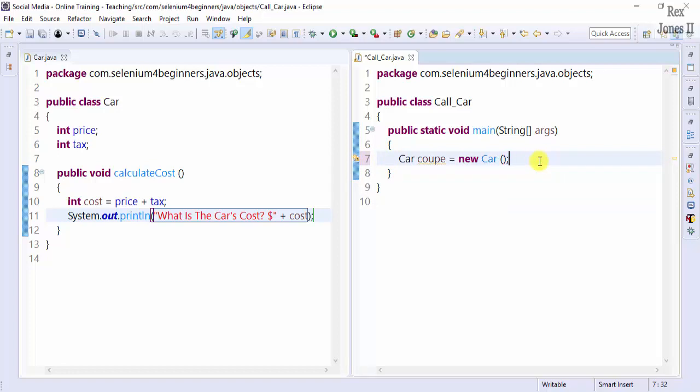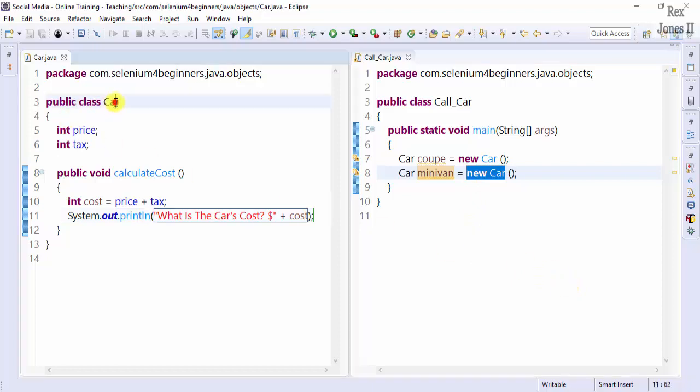Let's create one more for minivan. Coupe and minivan refer to the car object. As a result, the car object is a template of the car class. So check this out. Since the car class has price,